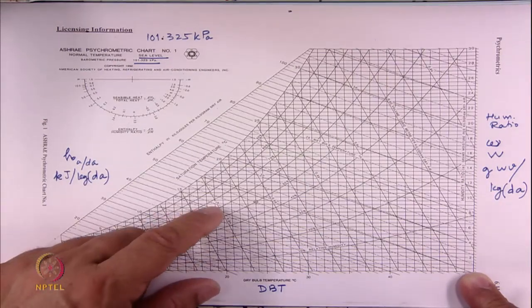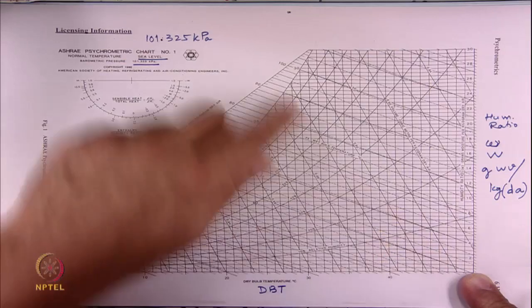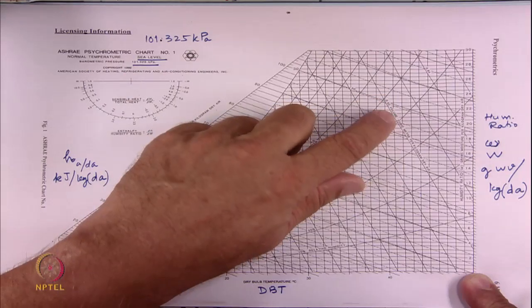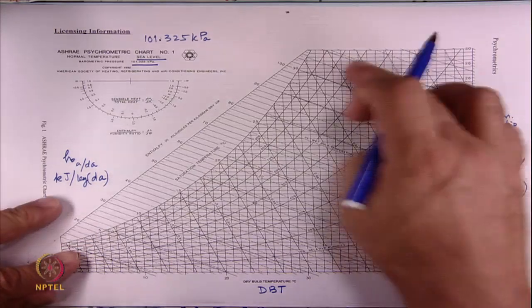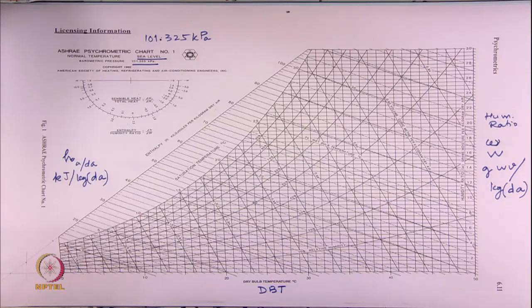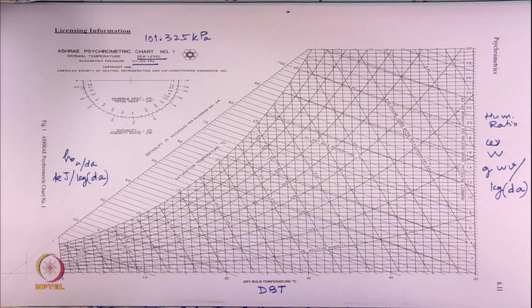And then there is a third family of lines which are a little steeper, which are going like this here, and this has numbers like 0.88, 0.9, 0.92, and this is volume in cubic meter per kilogram of dry air. So, that is what these lines are. The graph looks somewhat cluttered with so many lines on it. So, we will look at each one of these individually and see why this graph looks like this, which equations are put together to make this graph, and then we will see how to use this and how to interpret this.